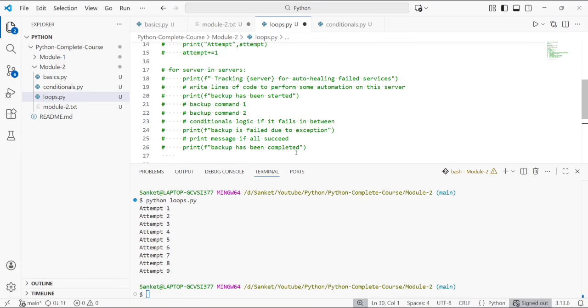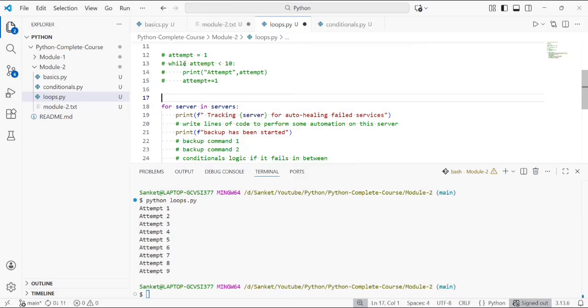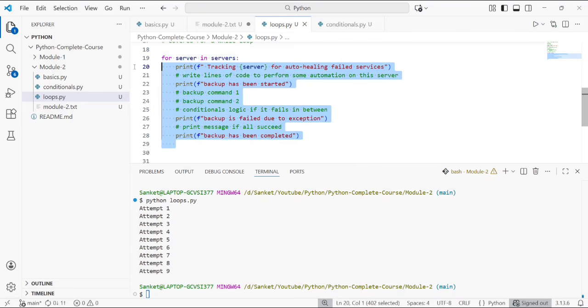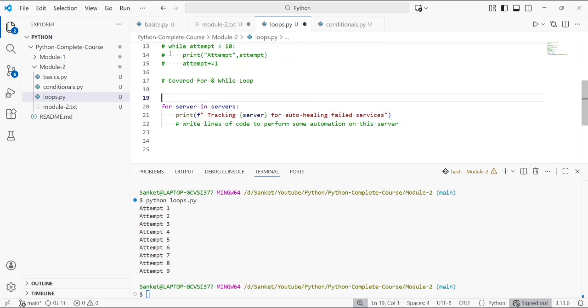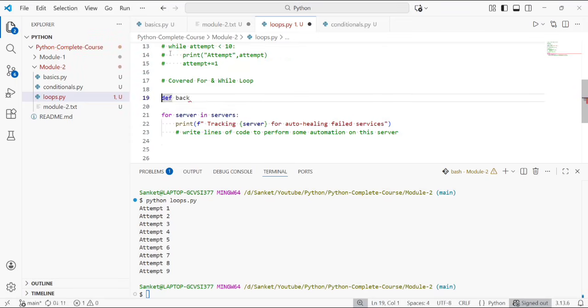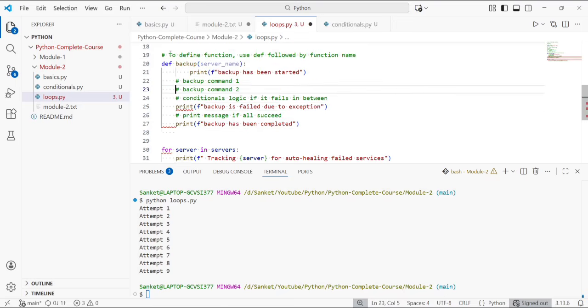Next thing is functions. So let me uncomment this for loop code, and here you can see we have written a lot of repetitive lines for backup, and ideally this has to be done with the help of a function. So let's remove this backup specific code, and paste it inside a function called backup. To define functions, use def followed by the function name. So here we'll create a function called backup, and it will take a server name as the input,